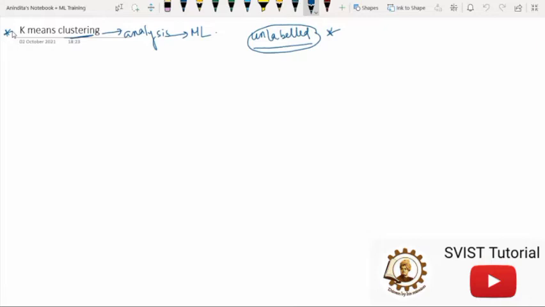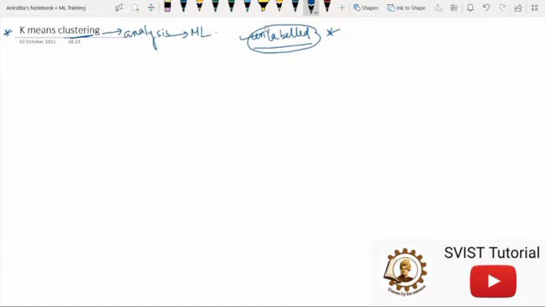So in one word, it is an unsupervised learning method, and hence no supervision is provided to the algorithm and it deals with unlabeled dataset. This is the first point that I am going to establish. Now after applying this clustering technique, each cluster or group is provided with a cluster ID. Basically, a machine learning system can use this ID to simplify the processing of large and complex datasets.